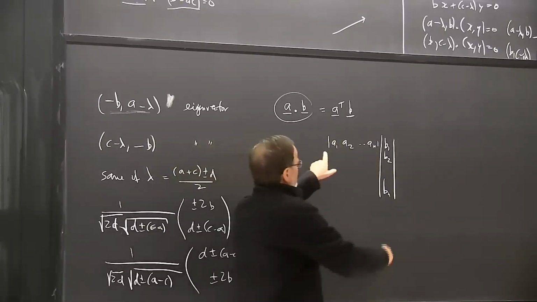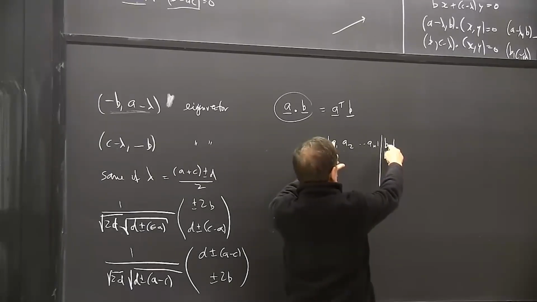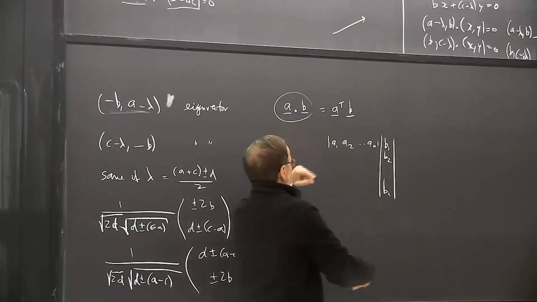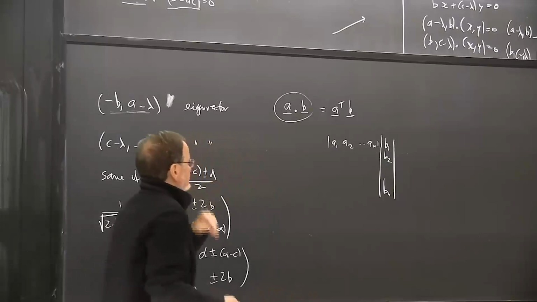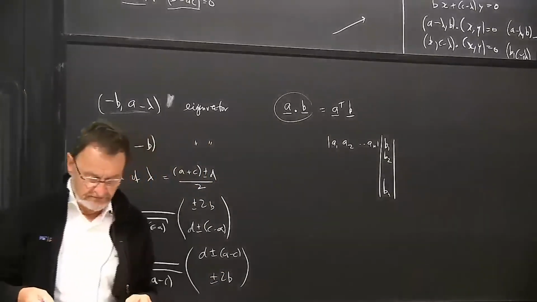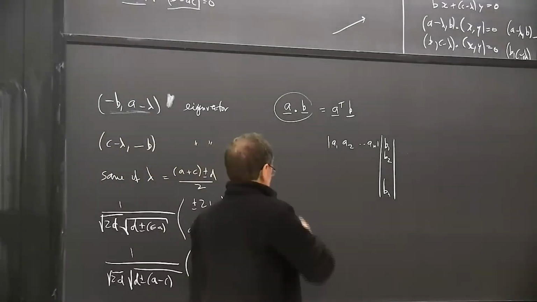And, obviously, if I multiply these two skinny matrices, I get a scalar, which is just the product of A1 and B1 plus the product of A2 and B2 and so on. So that's just the dot product. And that's a convenient notation. And we extend that to matrices as well. So in our context over here,